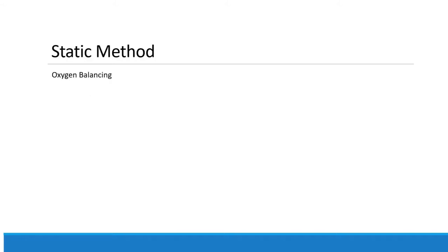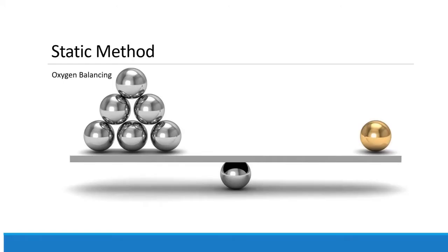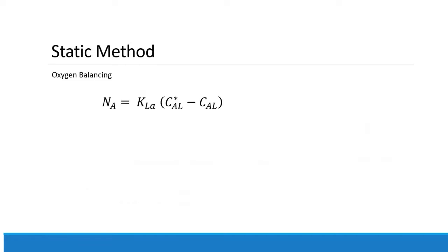The static method of measuring KLa is based on oxygen balancing in the gas-liquid contactor and making use of the basic mass transfer equation Na = KLa (C*Al - CAl), in which Na is the total quantity of gas absorbed by the system per unit time and per unit volume. Thus, Na = (Vg CAg,in - Vg CAg,out) divided by the volume of the liquid,